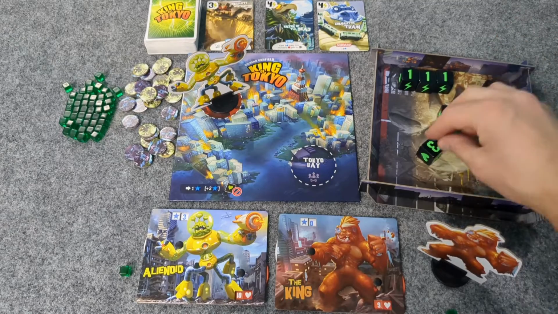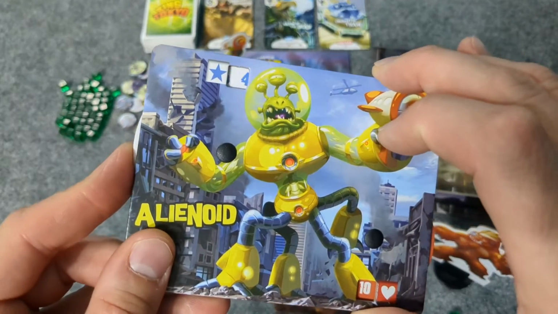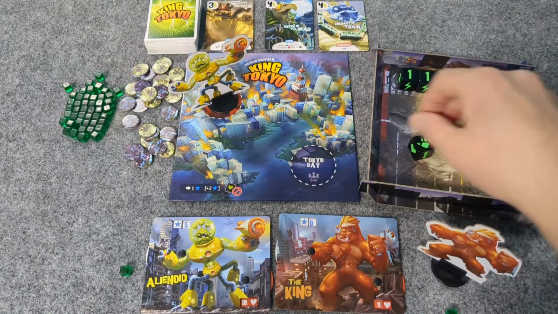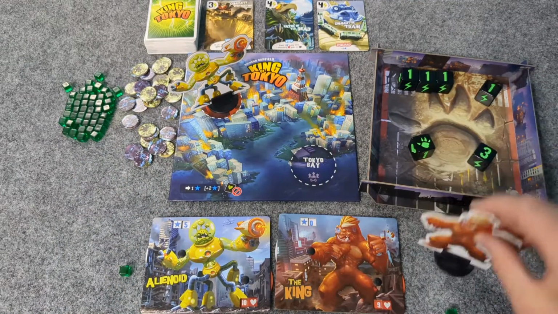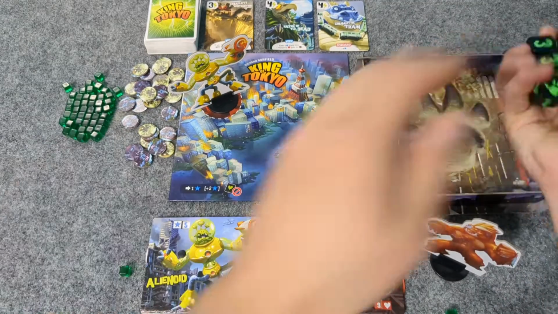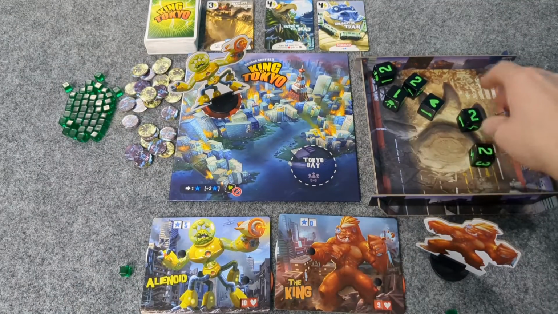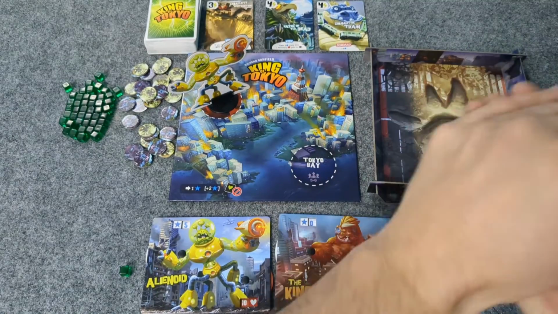And oh, look at that. So we get 1 victory point plus 1. And already in the city, can't buy anything, no extras, so the king will go. All right. Roar. Ooh. No, king smash. All right. King insists on the...